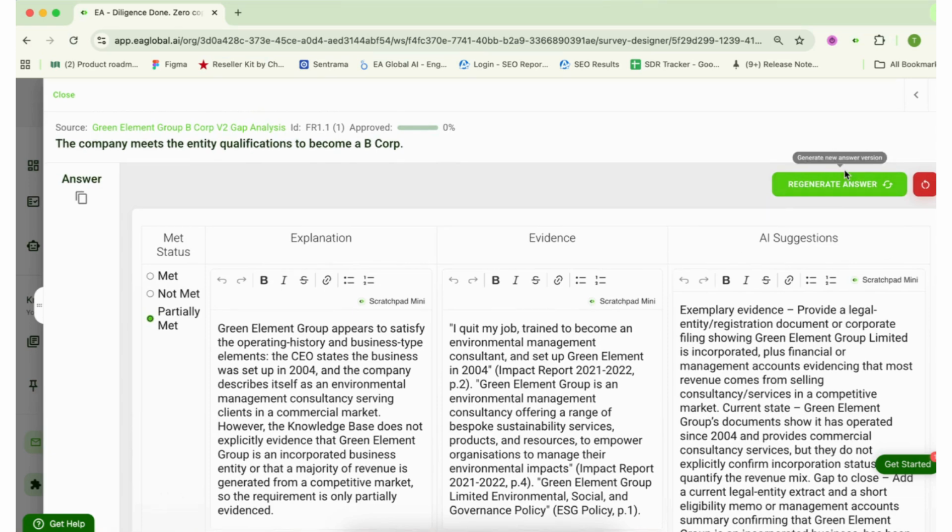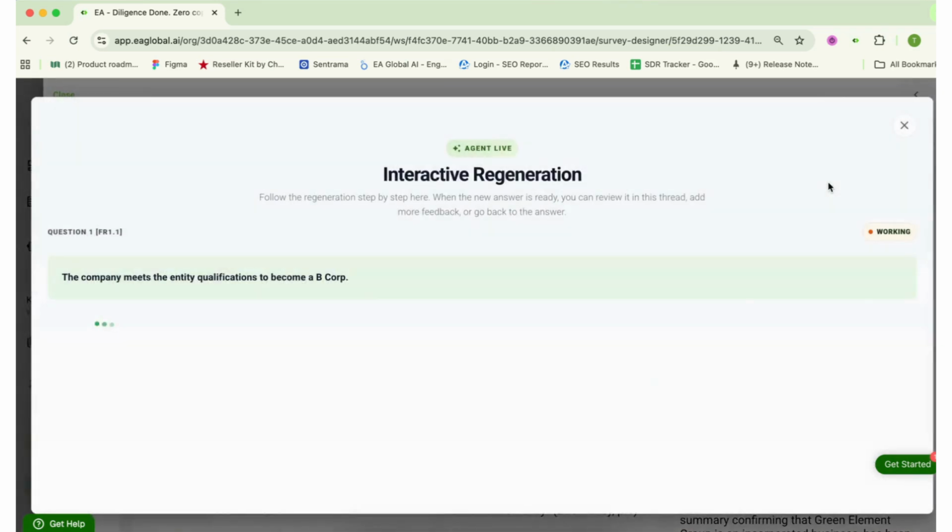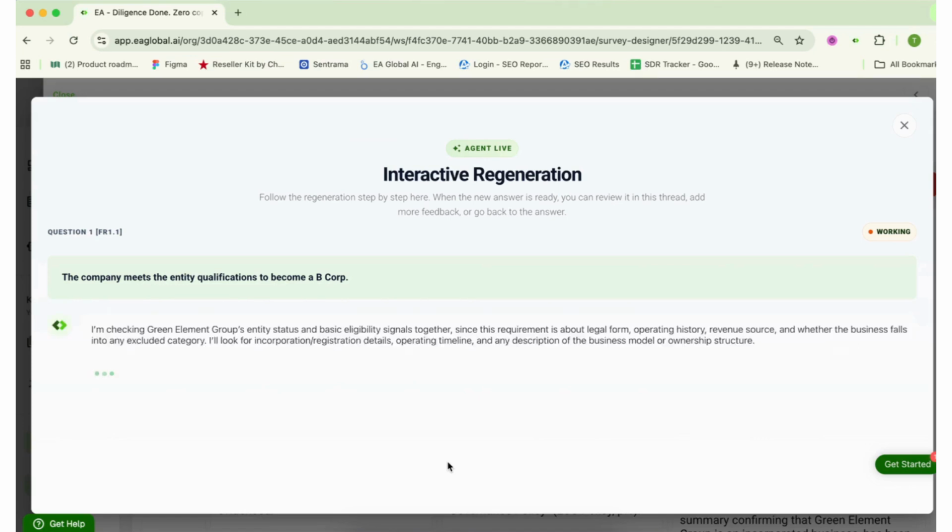approve those. If, for example, you thought that actually there is more evidence, you can pop in here additional instructions as to what you thought the AI should find, and it will allow you to interact with the answer as you regenerate it. Once it's had a little time to think, there'll be a chat box that comes up at the bottom, and you can prompt the AI to look at specific documents or ask it why a specific document isn't meeting the